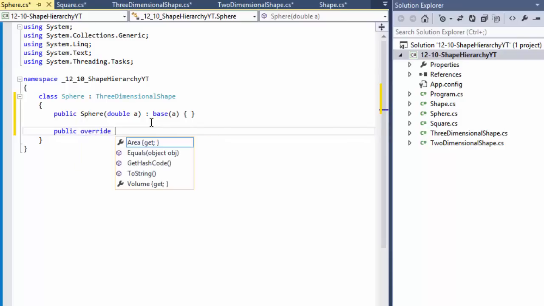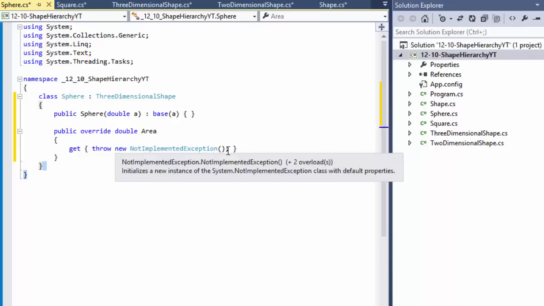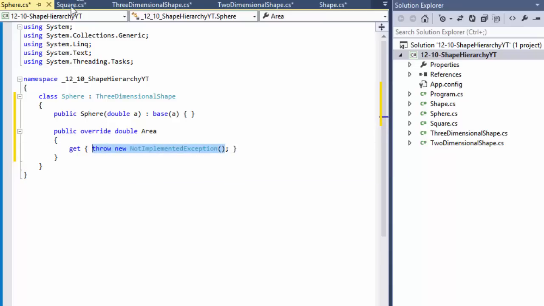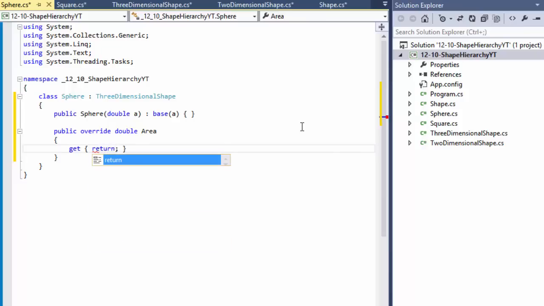So let's do the area first. It's going to be a double area, and in it, just like we did before, it will return the result of a calculation directly. We don't have to create another variable to hold the value of the result. We can simply return the actual calculation or the result of it. Return,